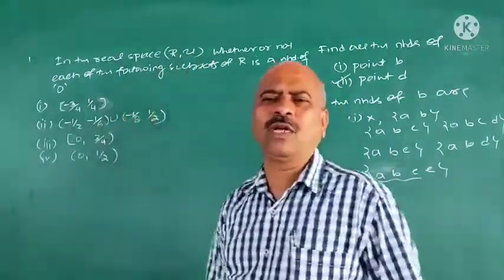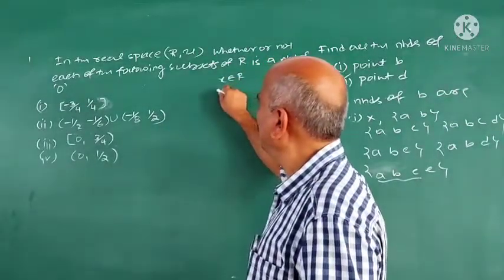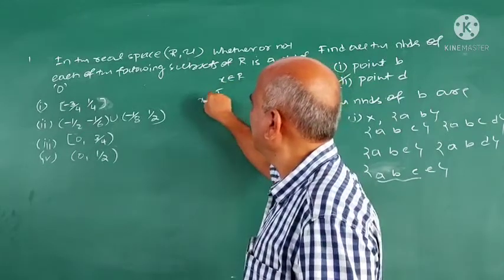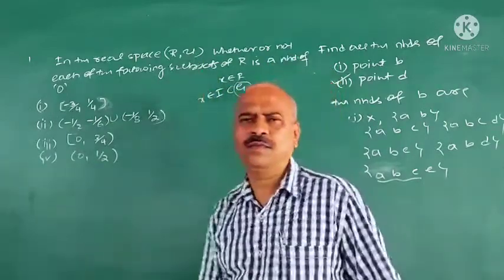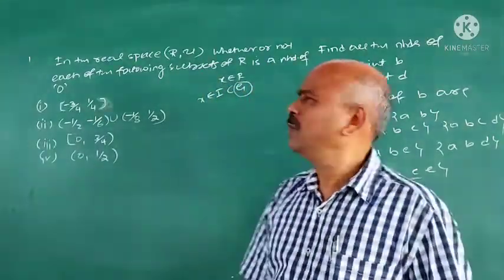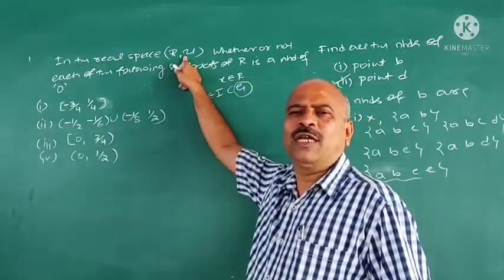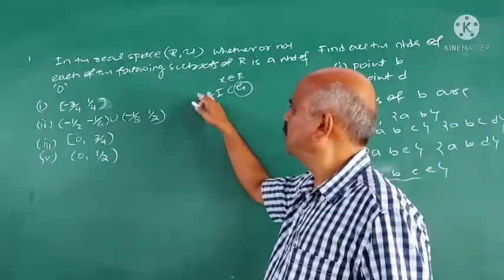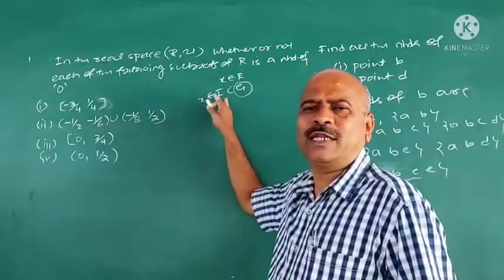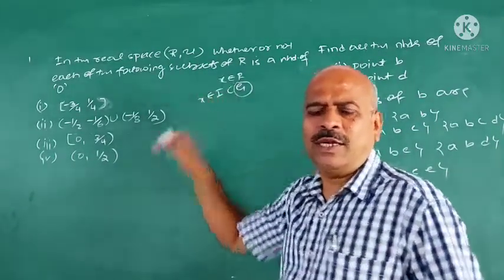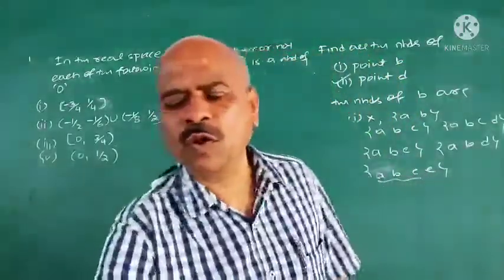Suppose R is the set of all reals, and for each x belonging to R, if there exists an open interval I such that x belongs to I, which is contained in G, then G belongs to U. Suppose A is pi, then it belongs to U. Suppose A is not pi, then for each x belonging to A, there should exist an open interval I such that x belongs to I and it is contained in A or G. Then U is a topology on R.